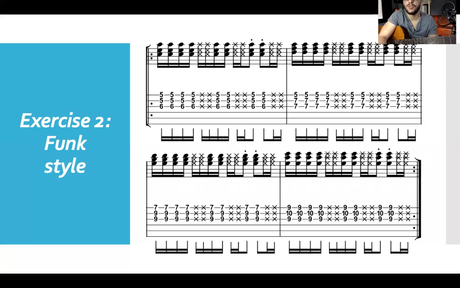Now exercise number 2. It looks a little bit complicated. It's not really. When you hear how the exercise sounds, it's going to sound easier. Don't worry. Now here we have the point: since exercise number 1 was about this hand, this exercise is about this hand. Why? Because here you are going to be using a pick, okay? And this hand right here, the right hand, is going to do this